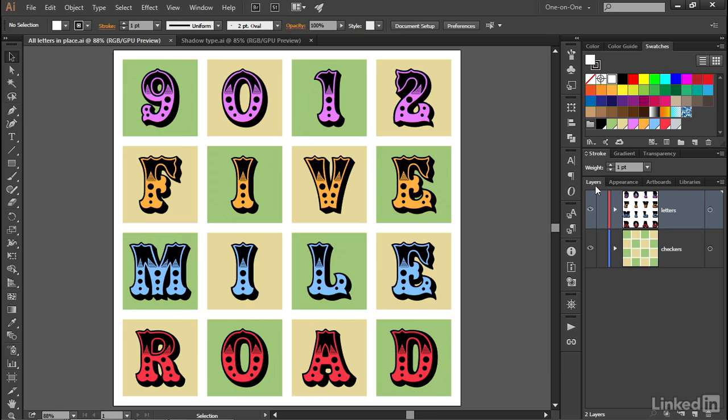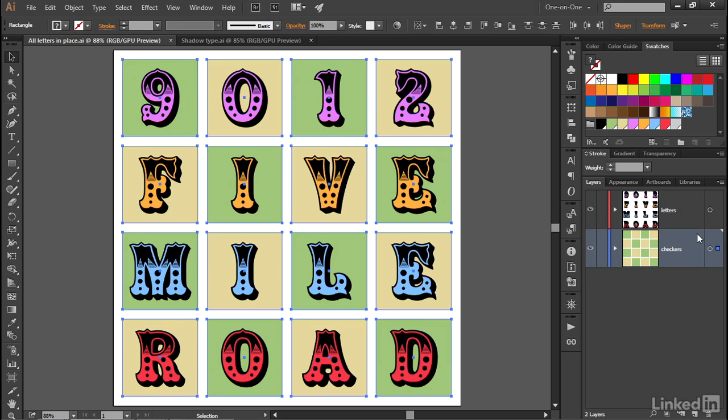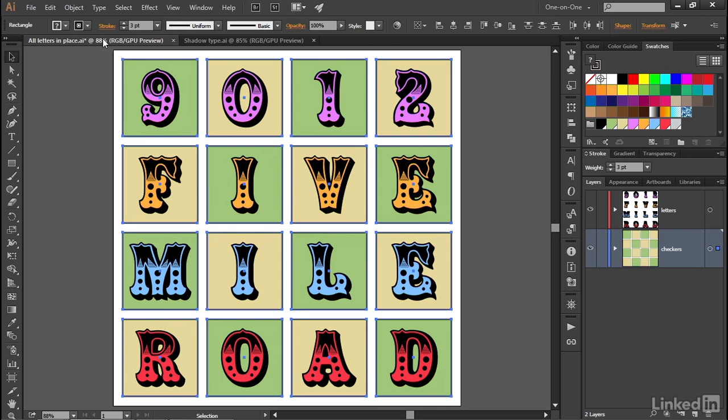and notice that all of the squares are relegated to their own layer here inside the Layers panel, and so to select them all, I'll just click in the upper right corner of that layer. Then I'll go up to the line weight option and increase it to 3 points, and that should automatically set